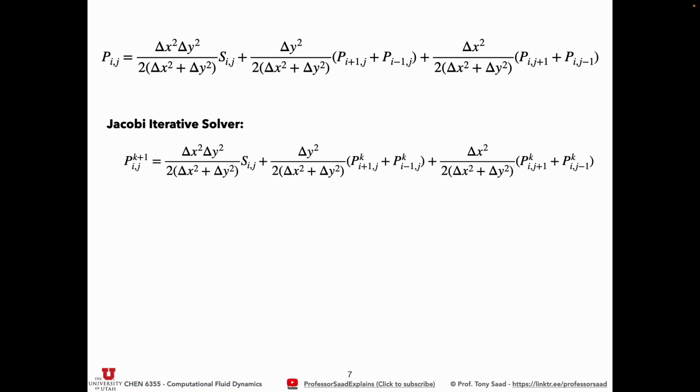The simplest method is the Jacobi iterative solver. You've probably seen that in undergrad numerical methods. So what we do is we take an initial value for P, pressure or the temperature or the scalar field, at iteration 0. K is the iteration number. And then from these initial fields, we can compute an update at point ij. That's why we're calling it Pij superscript k plus 1. It's the pressure at the next iteration, which can be computed by this equation for the pressure, but using values of the previous iteration,